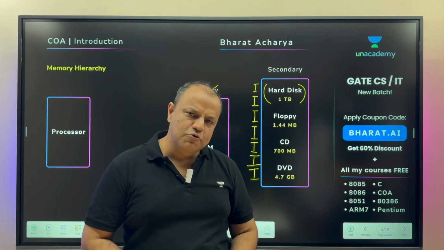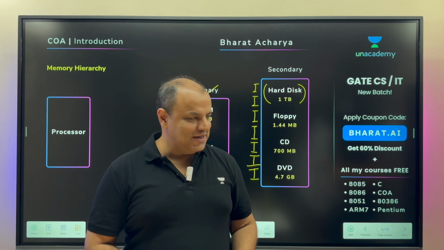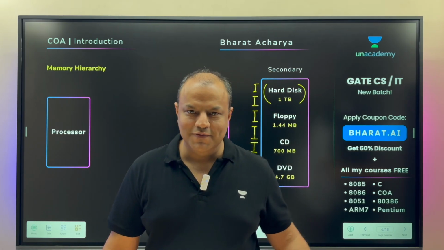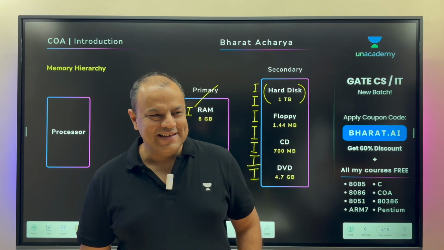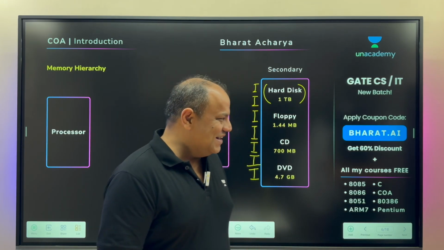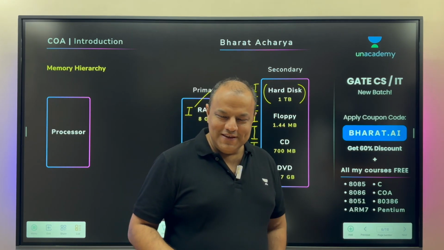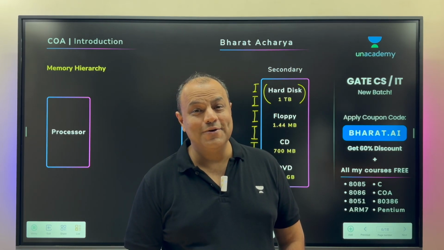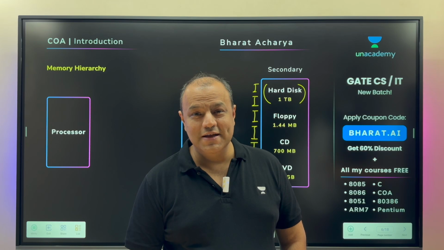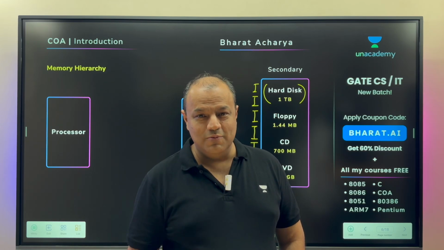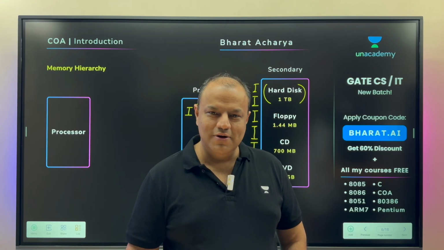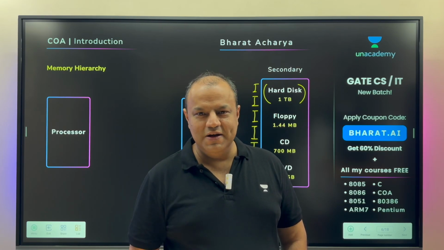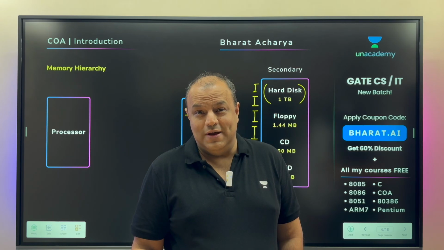Now, is the whole movie coming into the RAM? No. Because if the hard disk could give the whole movie in 10 seconds, then it is fast enough, and then let's play from the hard disk only. And secondly, when you double click on a movie, it doesn't really mean you're going to watch the whole movie. Am I right or not? Stop thinking weird things. Focus and tell me. So many times we click on a movie, it opens, nah, not interested. Close it. Probably you just wanted to watch one scene. Probably you just want to see the opening titles. Probably you're just trying to see if you like the movie or not.